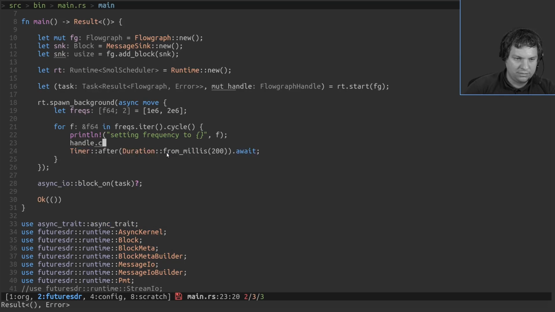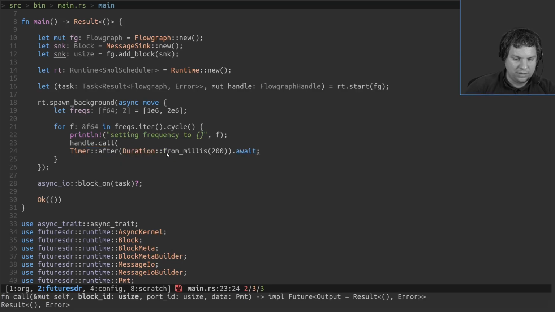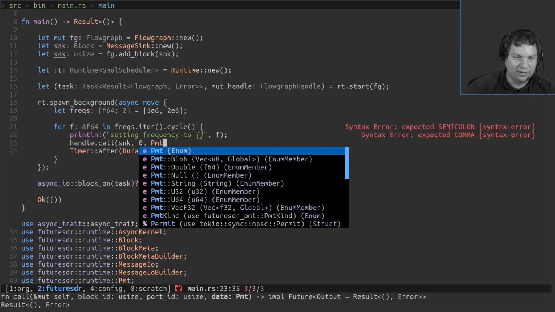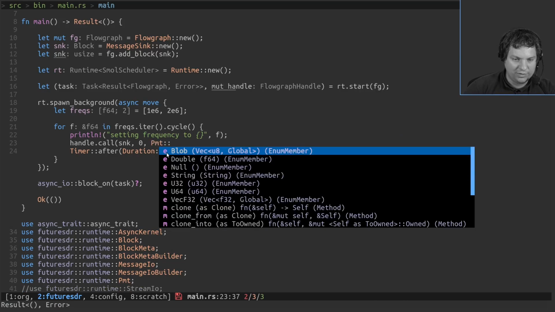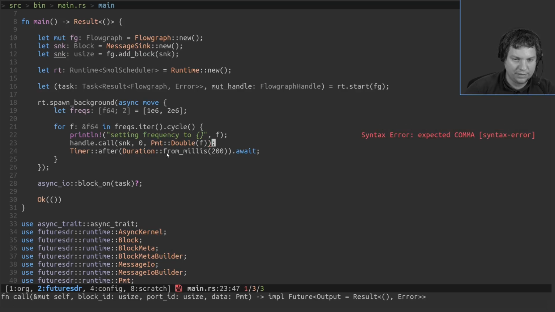So we can say handle dot call, and then what do we need? The block ID, which is the sync variable. So the ID that we got back, it's the first handler that we use, and we now need a PMT. Let's say our PMT is the frequency, obviously. Could do it like this.